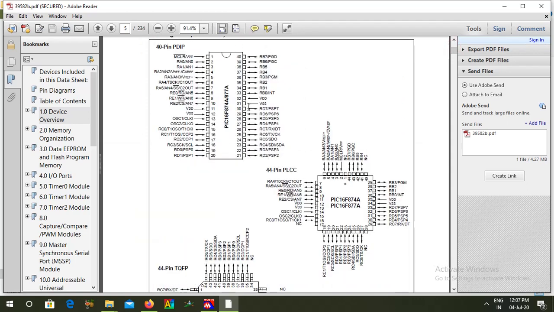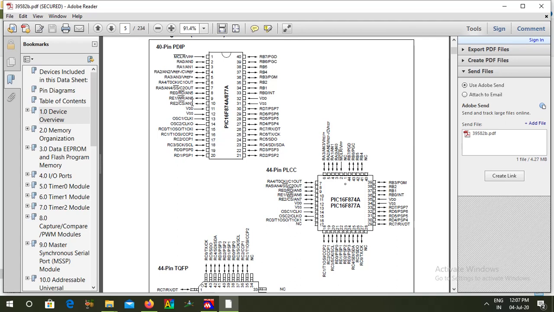Here, AN0 to AN7 are called analog input channels. By configuring the special registers, we can use them as inputs to the analog to digital converter.